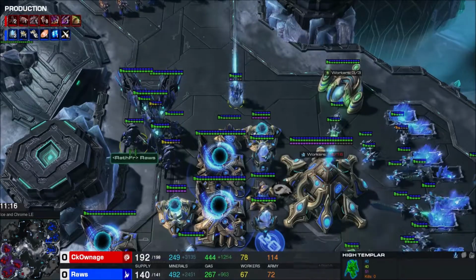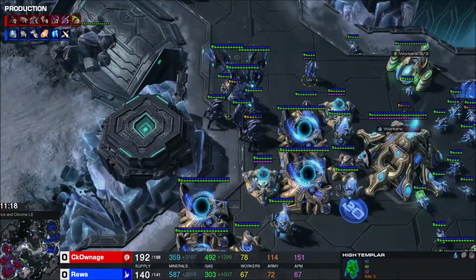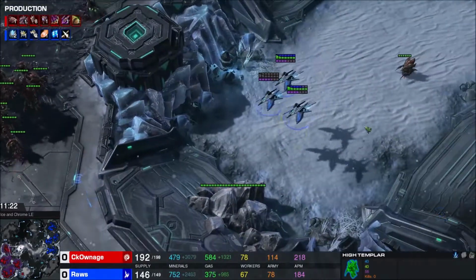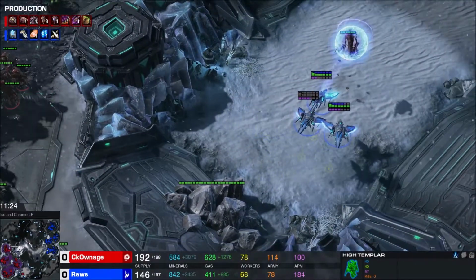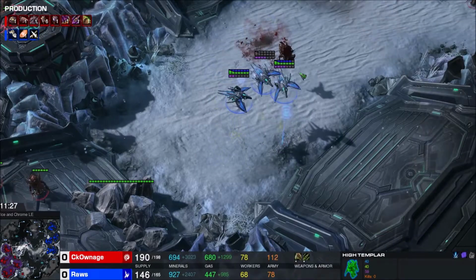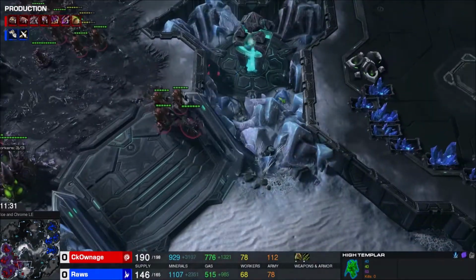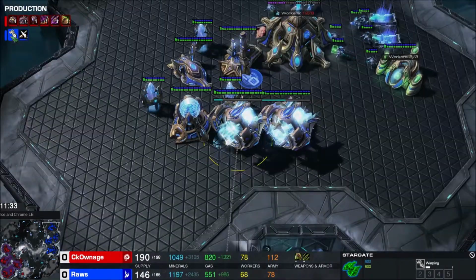High Templars coming in. Roz is finishing Storm. Storm's very good. These Phoenixes do some harassment. They meet some opposition. Barely running away. This Hydralisk will get picked off. Looks like Roz is out of there. There's Phoenixes. He only has 3. It's not that big an investment. There's the carriers. Okay, so...